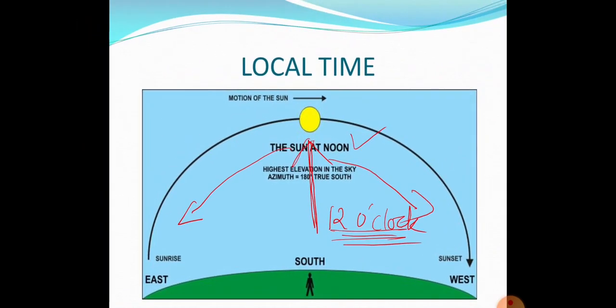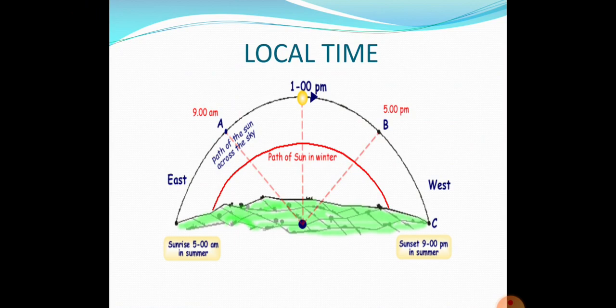When the sun is there on your head, and you count it as 12 o'clock, you get the local time. Now, some places you may experience that in winter the days are shorter, and in summer the days are longer. So during that time, the local time helps you a lot, and your body and your day to day operations also work accordingly. You don't follow standard time during that period. So there is a difference between local time and standard time. I hope you understood.